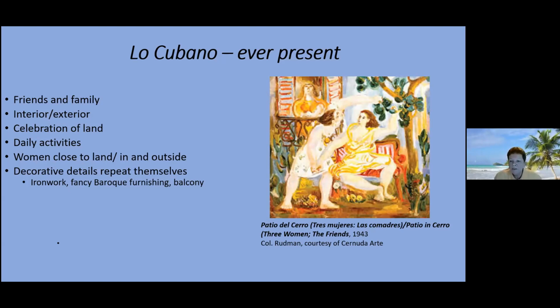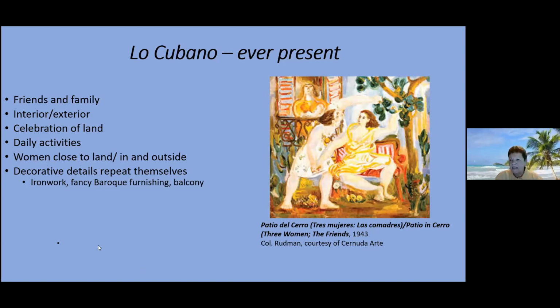The three women, the three friends, are shown again in this very Cuban environment where important subjects for him emerge always. Friends and family, interior, exterior, a celebration of the land, daily activities, women close to the land and inside,